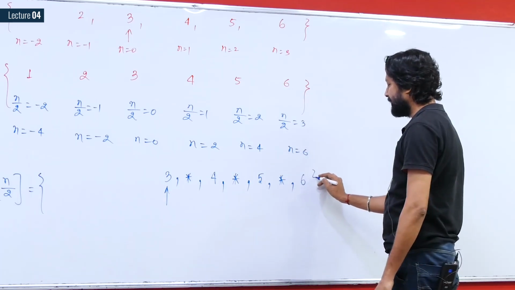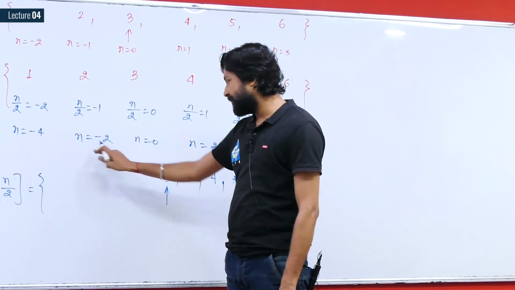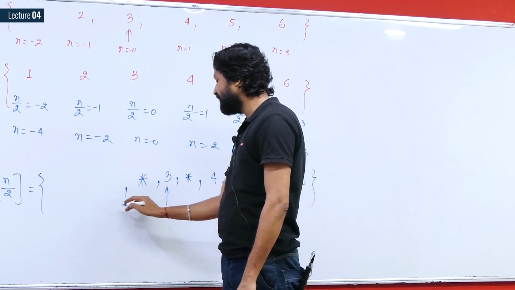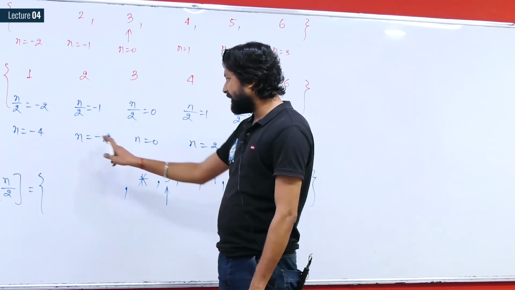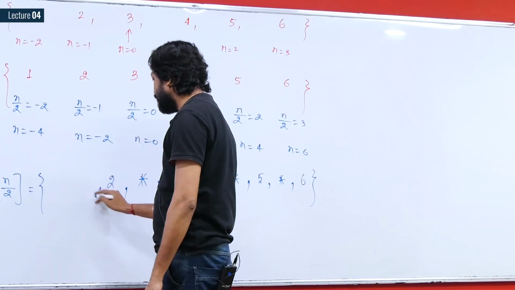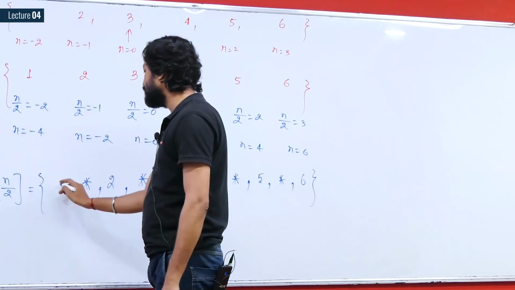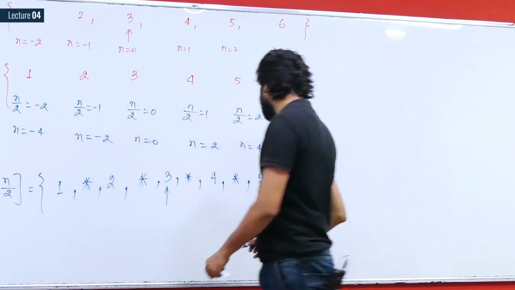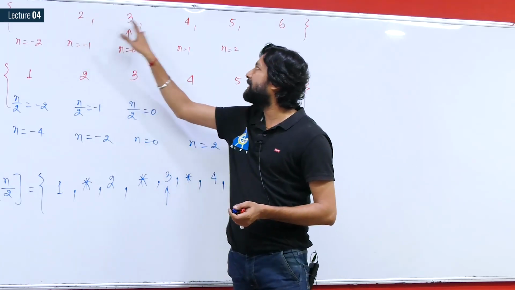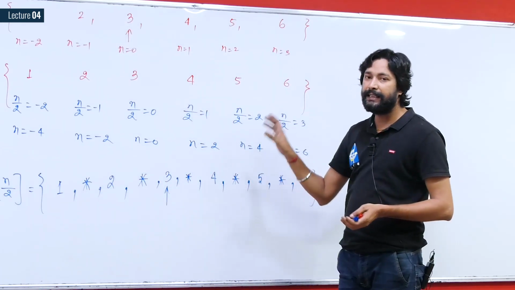Similarly, we don't know the value at n equals 5, but for n equals 6 the value is going to be 6. Similarly, before origin, the next value is for n equals -2, so we don't have knowledge of the value at n equals -1, so we are taking a star mark, but at n equals -2 the value is going to be 2. Similarly, for n equals -3 we don't know, but for n equals -4 the value is going to be 1. So now you can see that all the sample values of x of n, that is 1, 2, 3, 4, 5 and 6, are contained in the interpolated signal.